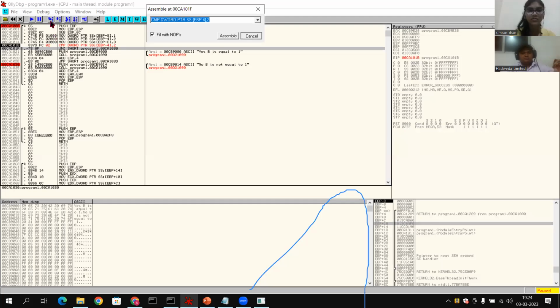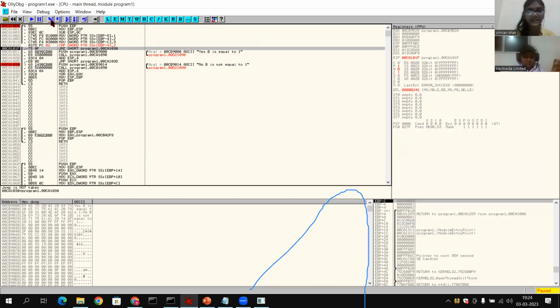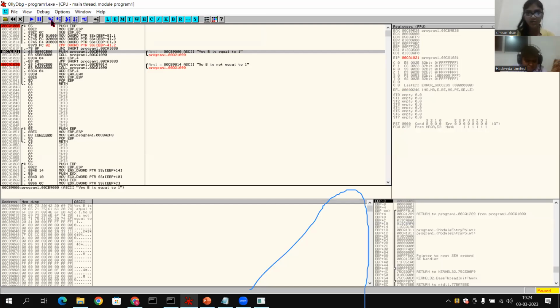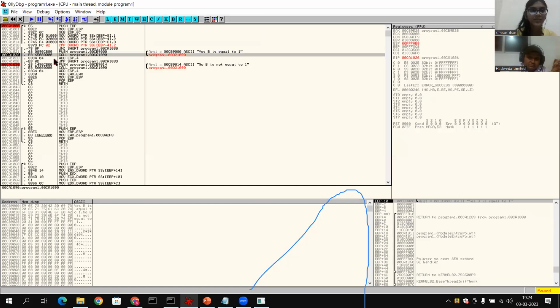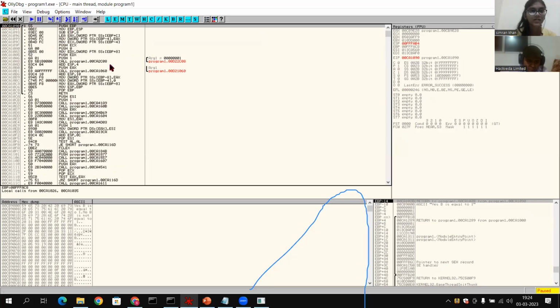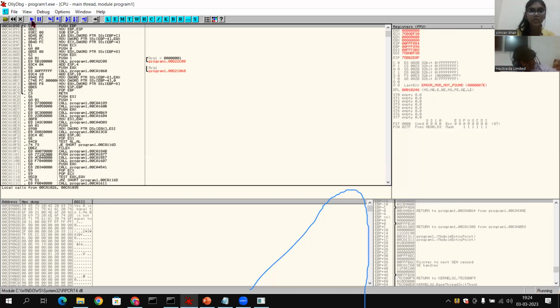And now we will similarly proceed through our instructions. It reads JNZ. After that, it is push program, and it is now on the command yes, b is equal to 1. After this instruction, we are on the instruction call program. Now, after the call program instruction, when I proceeded further, it directly crossed all the instructions. It just got on push EBP, meaning it has covered all the instructions.